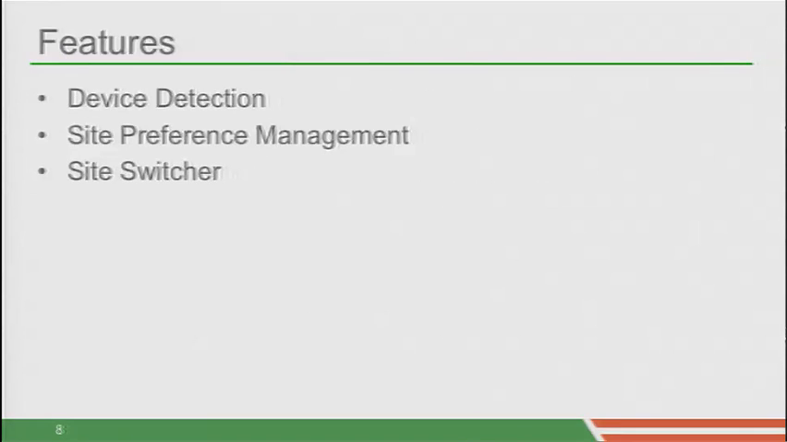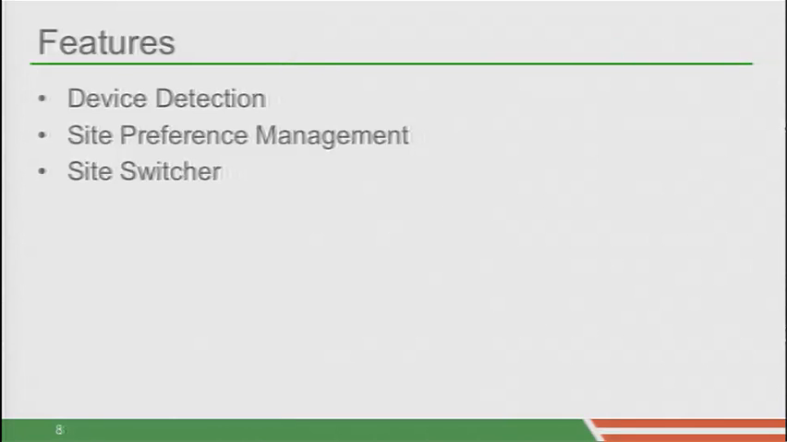So the features of Spring Mobile are device detection, and this is a component that allows you to detect what kind of device is hitting your Spring MVC application. And from there you can determine within your controller what you want to do to handle that device in any specific way. We've got a site preference management, and what this is going to do is